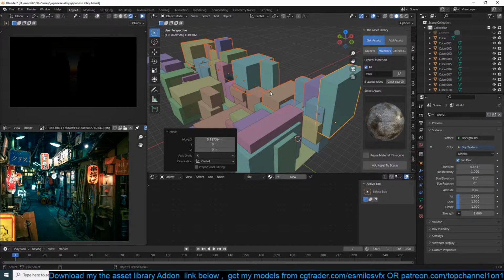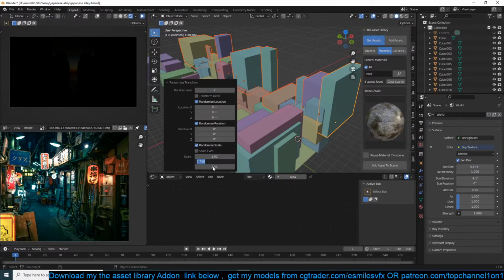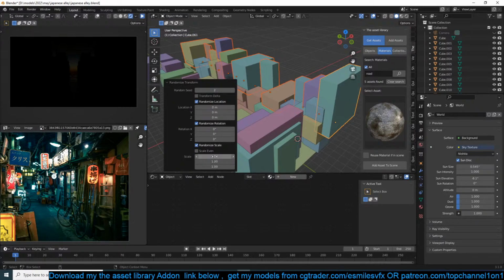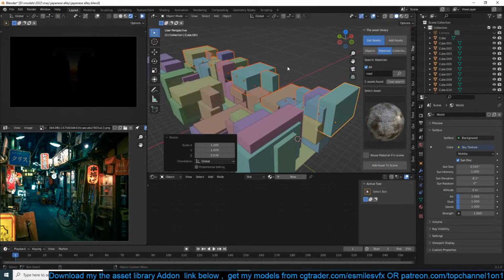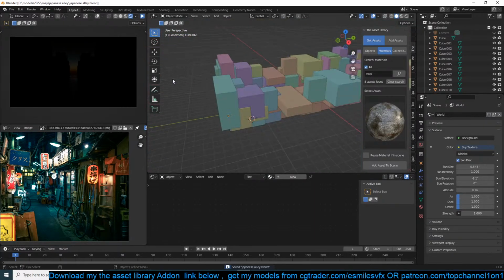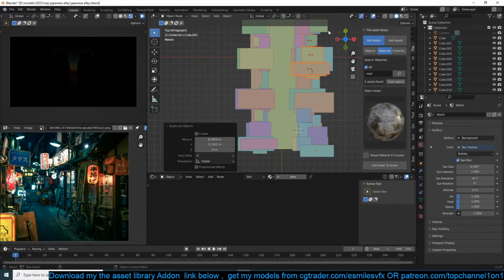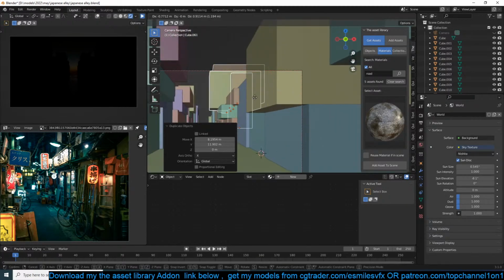How are you? Okay, let's randomize this scale again. I want to randomize especially, try a different seed. Let me grab these here. Escalate.